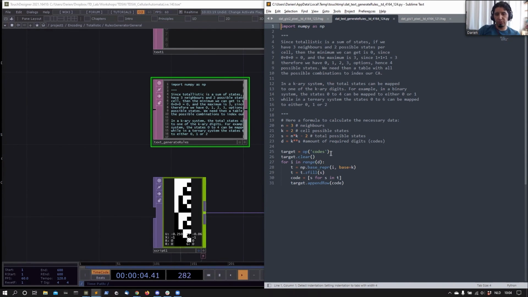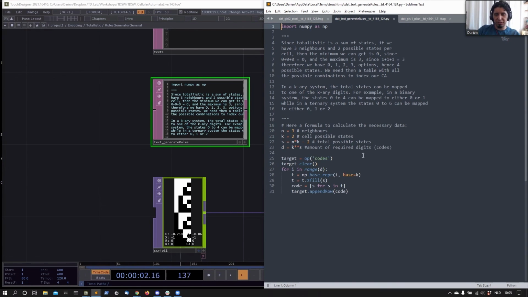We can use a formula to compute how many states we can have based on the amount of neighbors, the amount of states that we want, and the cells involved. Because the totalistic version is still 1D, but the sum is what matters. So here we're going to use arbitrary k-ary sets, which means arbitrary number systems. We used binary before. Here we could use, for example, ternary, quaternary, or quinary, I don't know how to say that. But the principle is that